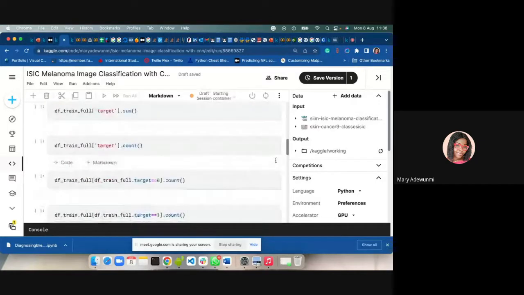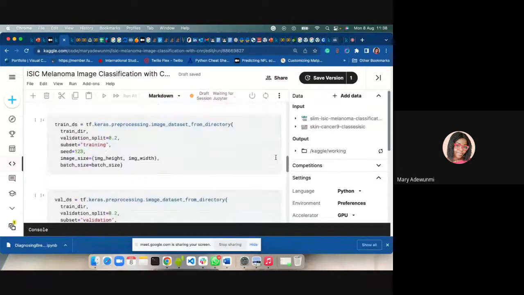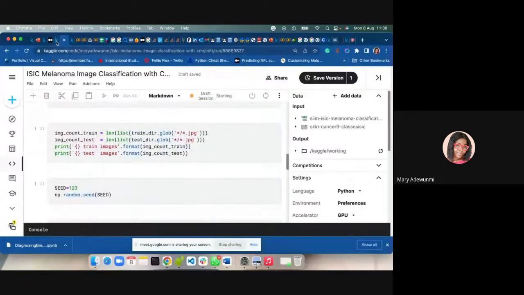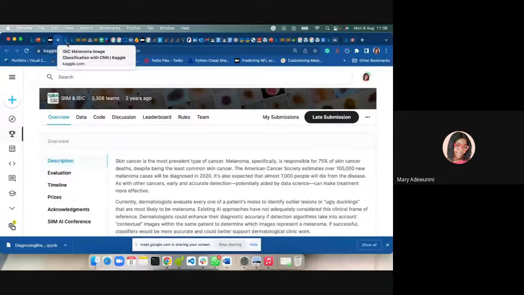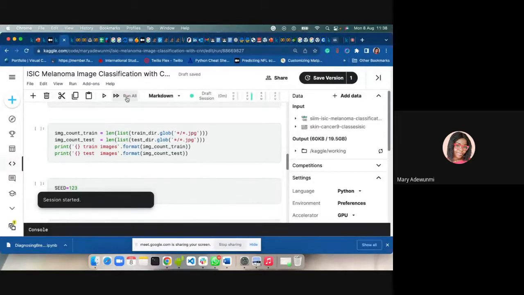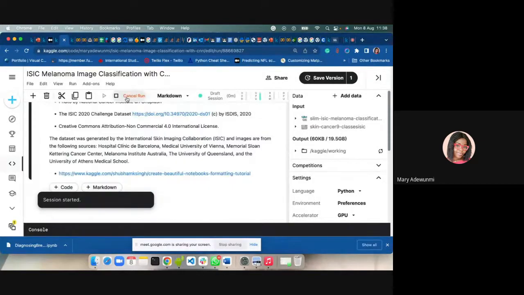Let me see whether I have. Oh, Lord. Sorry, that's taking my output away, so I have to rerun it again. Okay, while waiting for that, I can just run that, run all. While waiting for that, we can just move so that we can see the view of all the